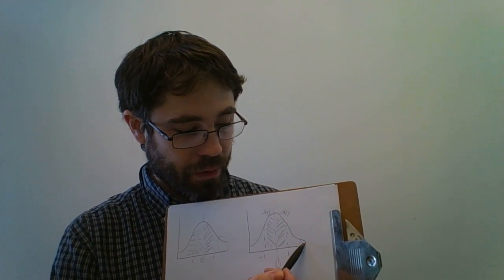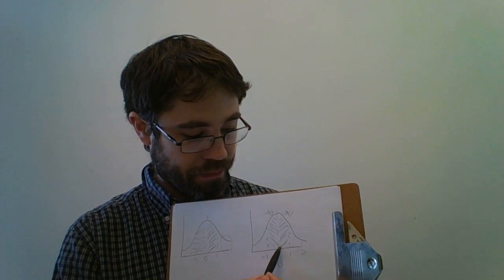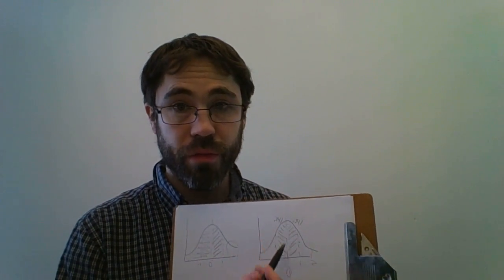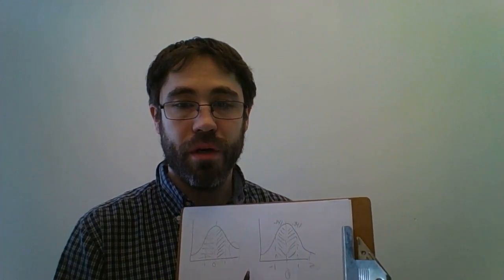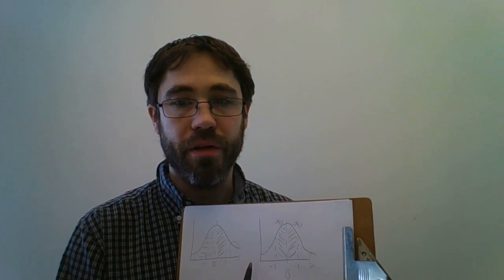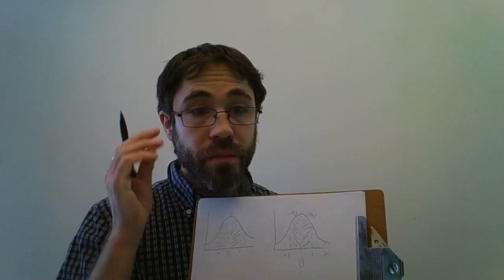You notice this area would be larger, right? It would be 0.68 larger, which is the number we're looking for. If we were to add those two together, we already knew that. So there are a number of these areas that are useful to memorize, though, at least approximately, because they're commonly used and they can give you a way to rapidly approximate probabilities. We did this, I looked it up in the table already, but I also know, and you should know, that